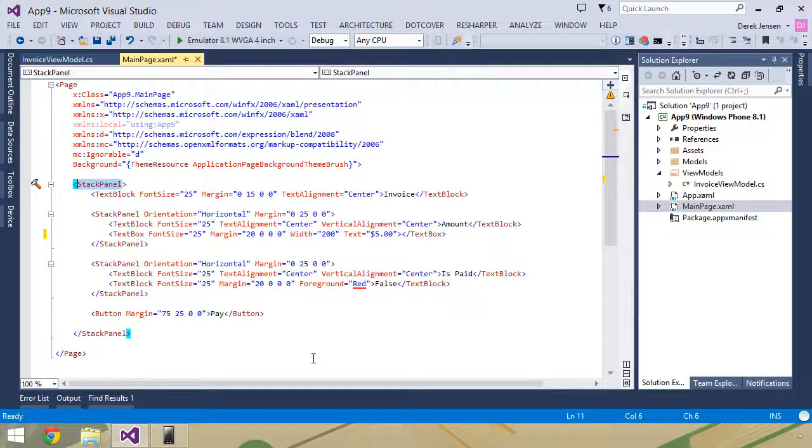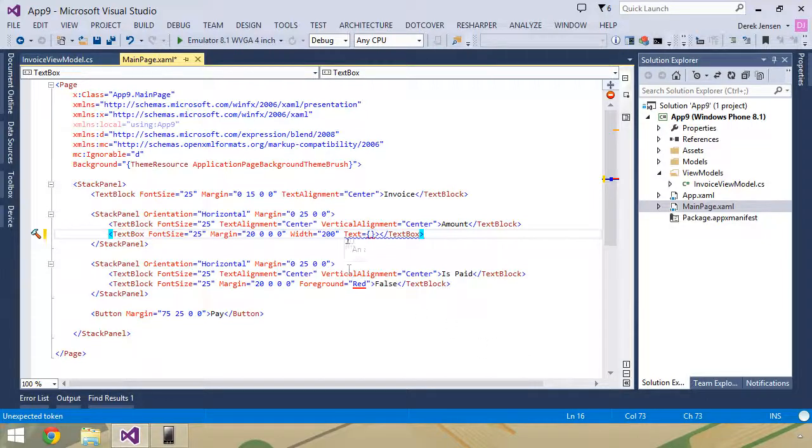I could have any invoice pulled from a database, pulled from a web service, and I don't know what that amount's going to be. So I can't explicitly say that it's going to be $5. It's going to be some other value. So the way that we're going to do that, very similarly to how background is set up here at the page level, is I'm going to add these curly braces in here.